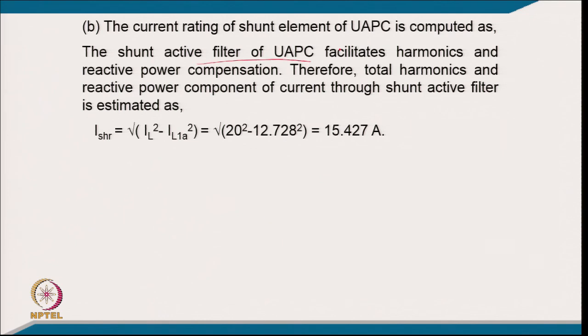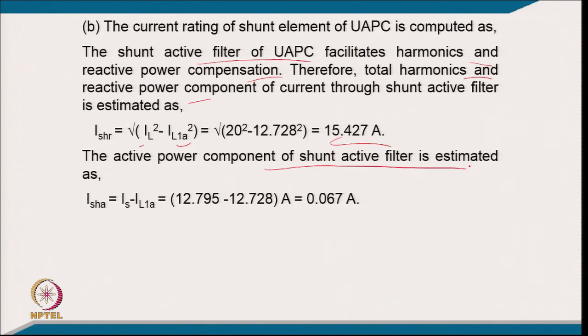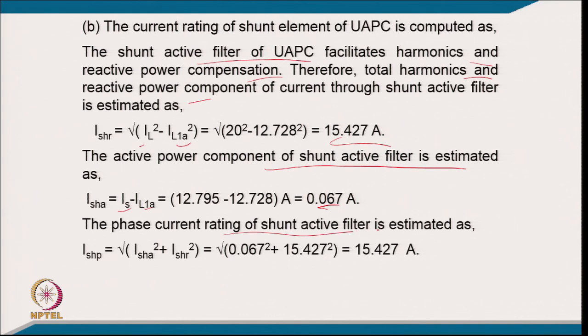as shunt active filter of universal active power filter facilitates the harmonics and reactive power compensation. Therefore, the total harmonics and reactive power component of current is estimated as the square root of ILA square minus ILA1 square, so it comes 15.42 ampere, and active power component of shunt active filter is typically IS minus SL, so this comes 0.067 ampere. So, current rating of shunt active filter is the square root of ISH square plus IS square, putting the value it comes 15.427 ampere,